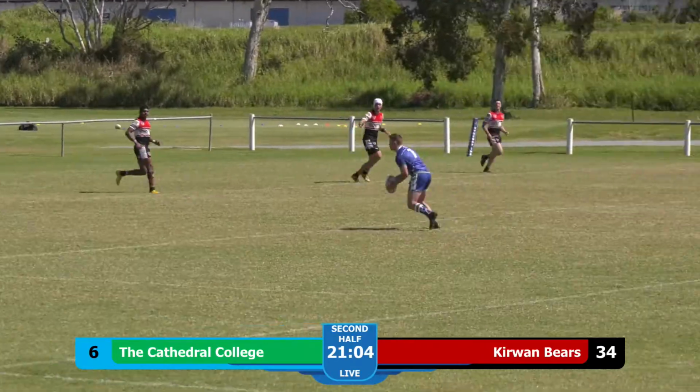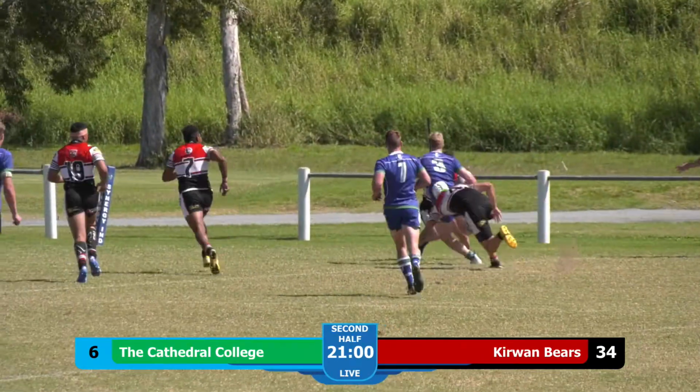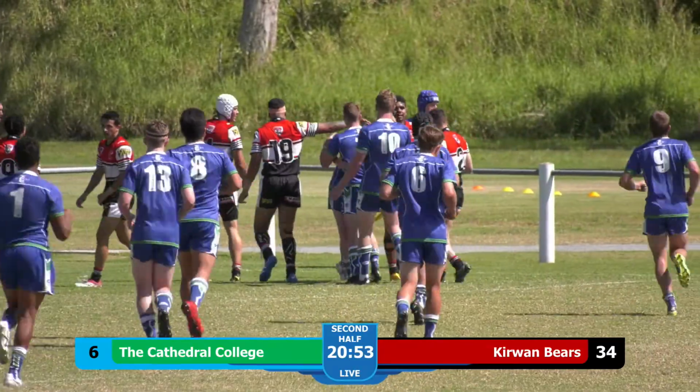They've rushed up, Kirwan Bears have rushed up on TCC. They've got to the outside. Farr is pushed off. Strong run. One-on-one defence and a strong try by the centre three-quarter and number 3,